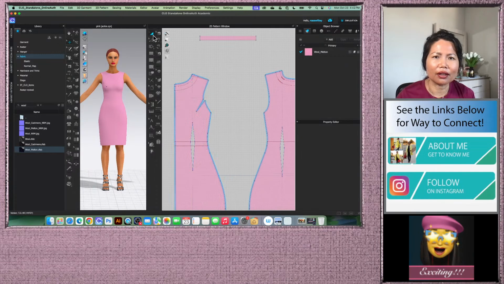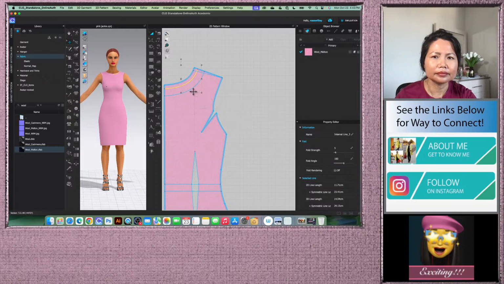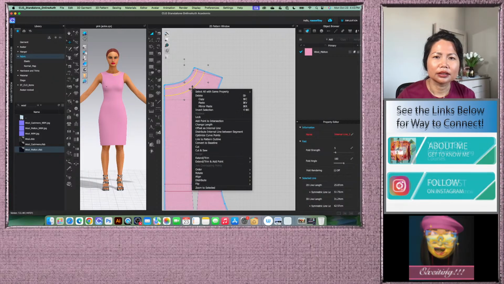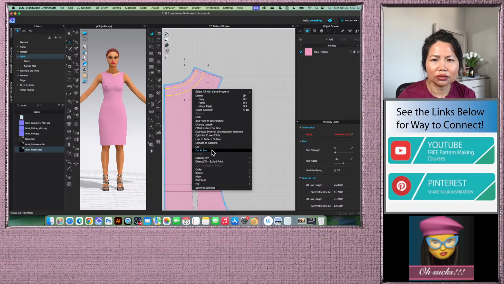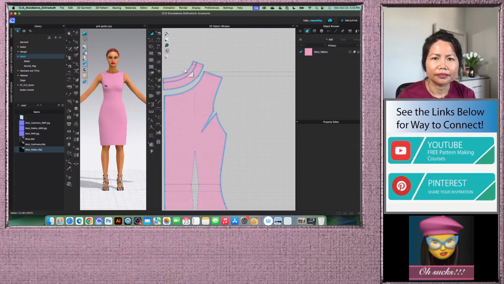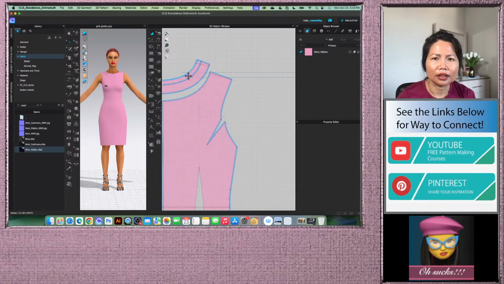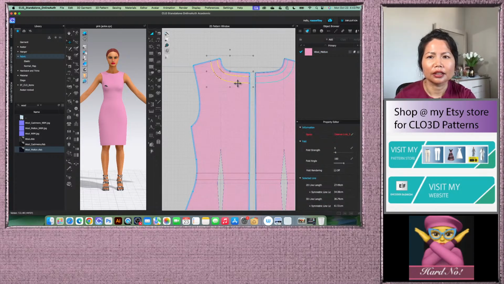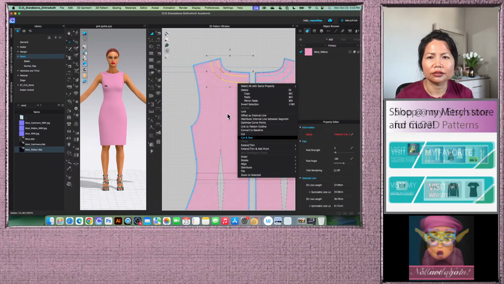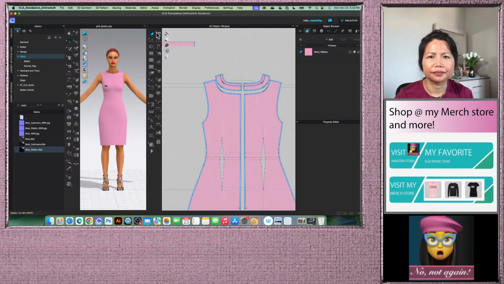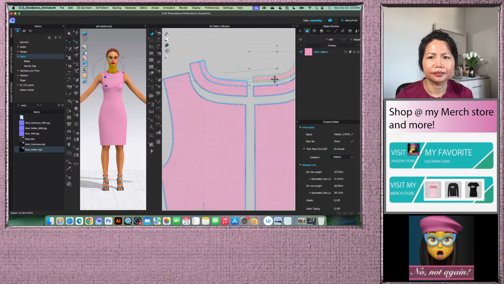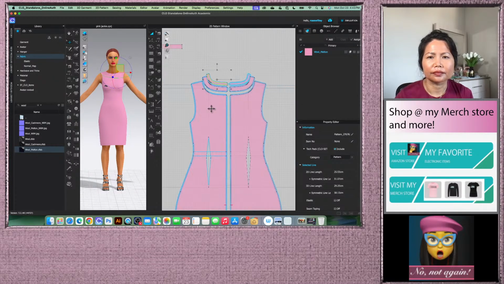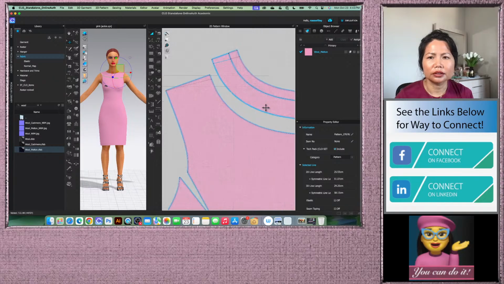So let's try that. So click right here, cut. How about cut and sew? So we both cut and sew here, and do the same here. We want to cut and sew. Alright,